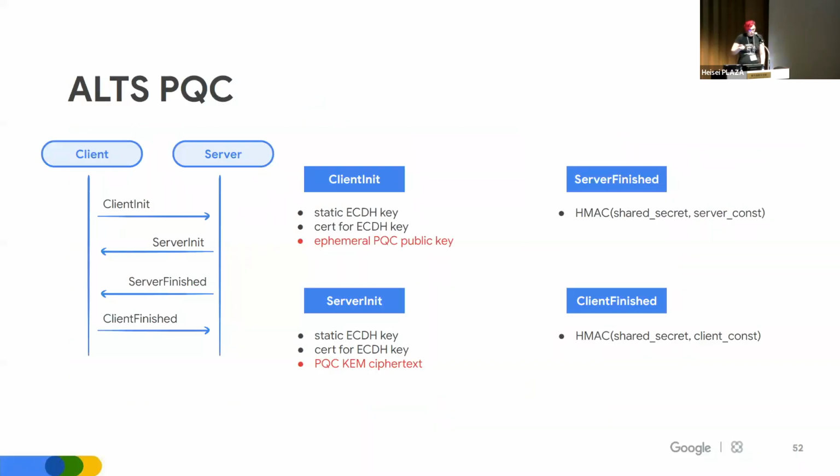Yeah, so what do we do with that? Well, we just added an ephemeral key to the client's message, and the server will then encapsulate to this PQC public key and send the ciphertext along with it. The problem is that this was a non-starter from the very beginning, because now the client has to generate this very costly to calculate PQC key on every connection, even if the server doesn't even speak PQC, so we can't even start rolling it out like that.